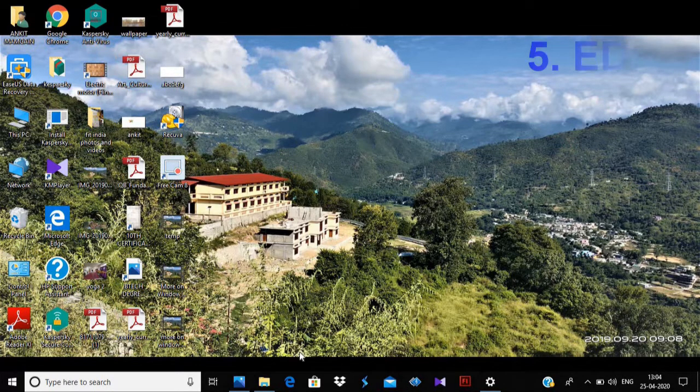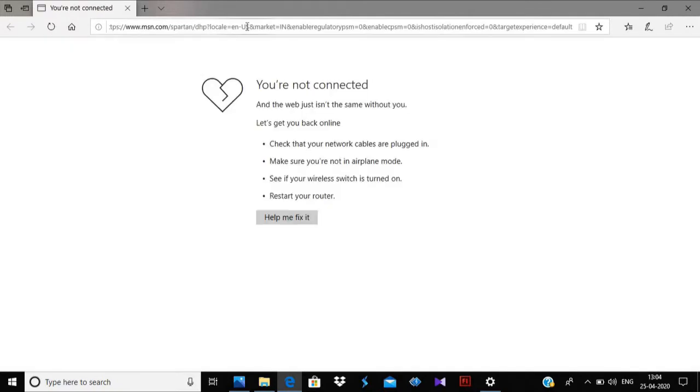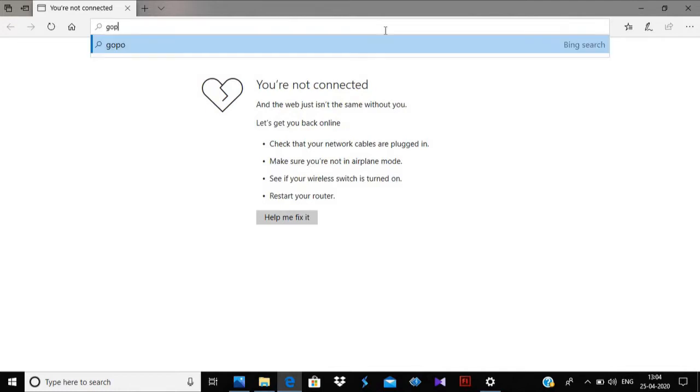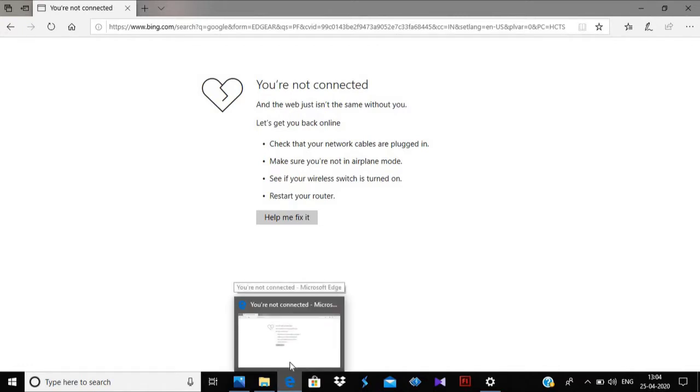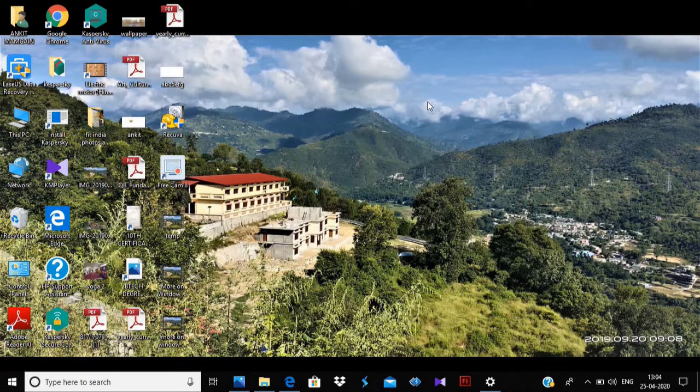Okay, next one is Edge. Edge means, you know that Microsoft Edge, this is Microsoft Edge. If you click on it, it will open. It is similar to Google Chrome. You can search anything here and you can easily work with that. This time net connectivity is not there, so it will not work this time, but it is similar to Google Chrome. You can easily connect with the internet and work with it, or you can copy your data, paste your data,